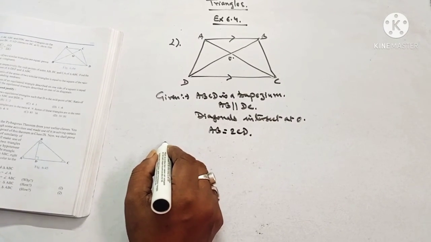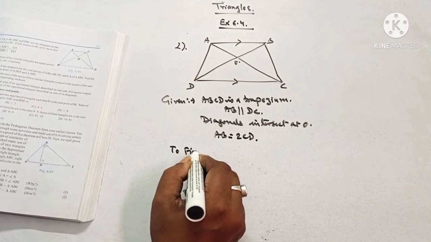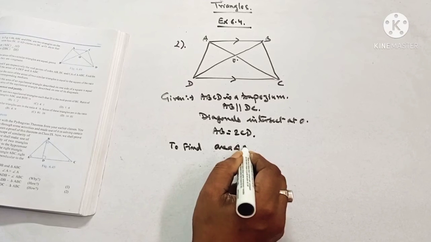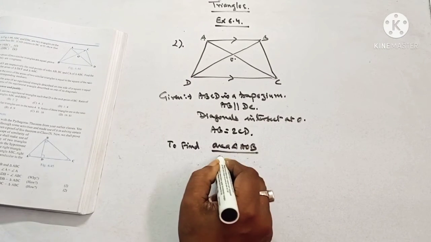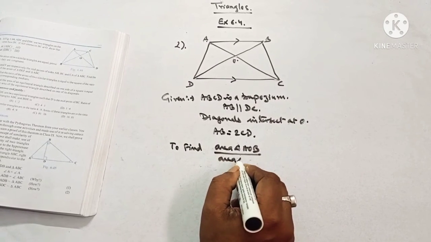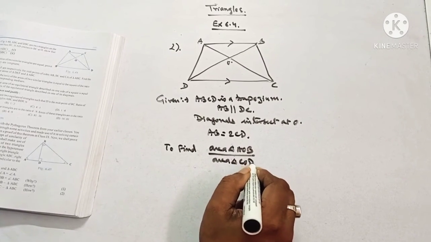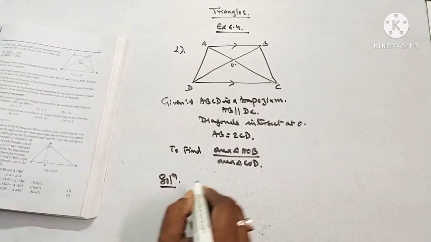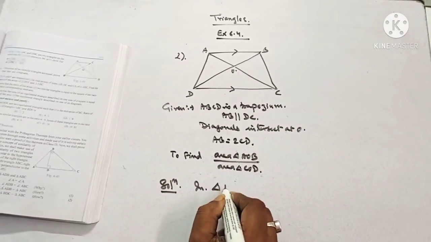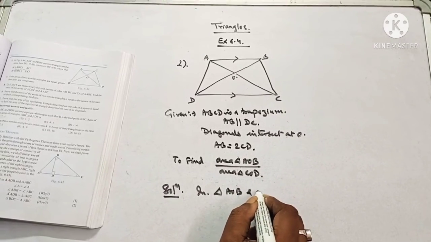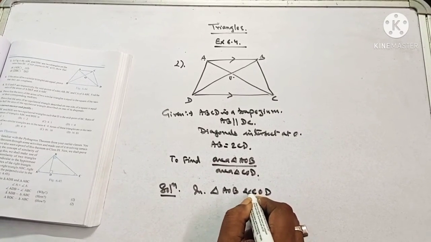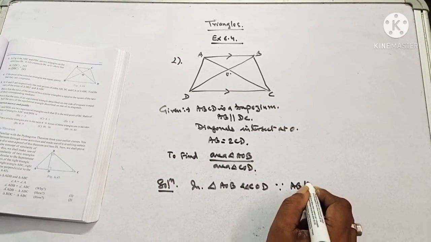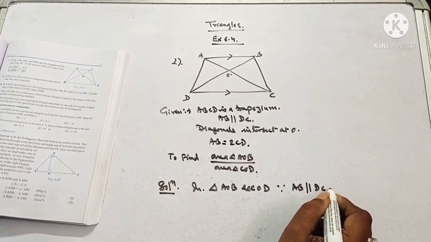We have to find that is ratio of area triangle AOB by area triangle COD. Now solution, that is in triangle AOB and COD, since AB is parallel to DC,